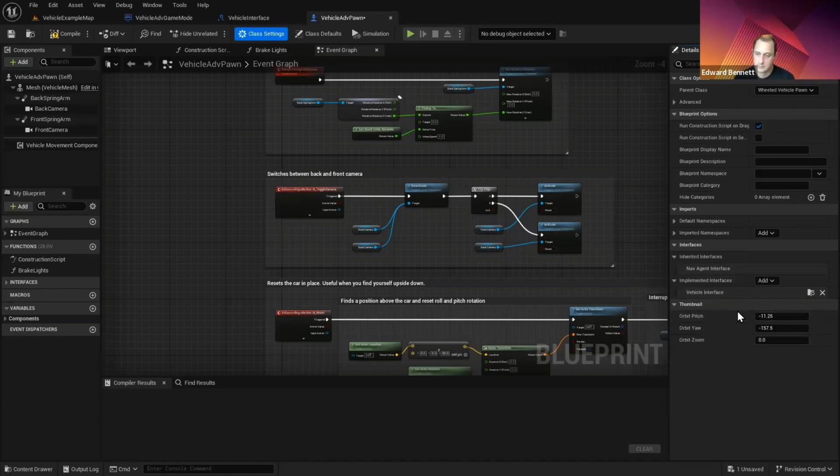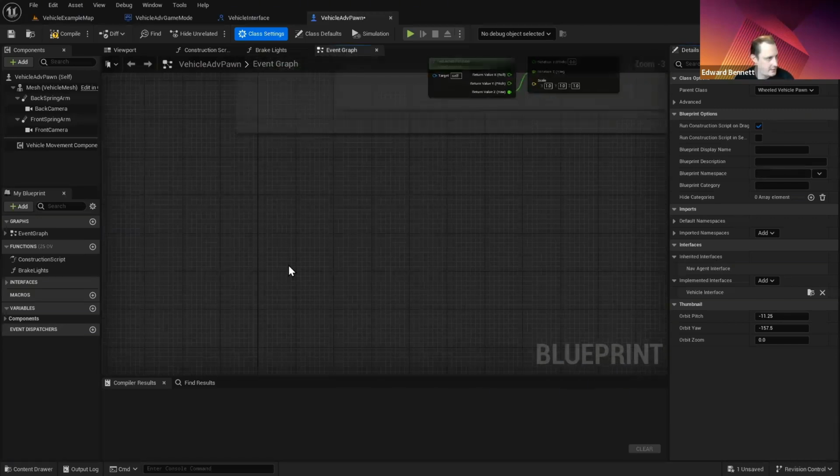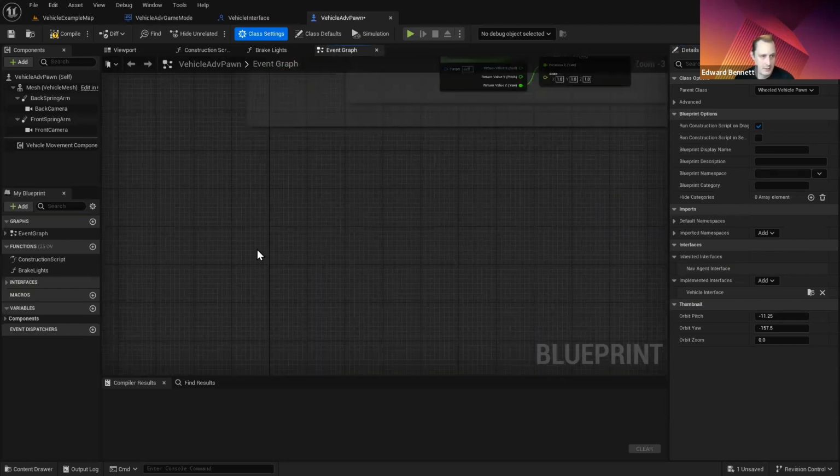And this interface means we can use this as a method of communicating from the pickups. Okay, so right, let's put the functionality in. Now we've implemented it. Let's have the functionality in for this interface. So what I would like to do is,